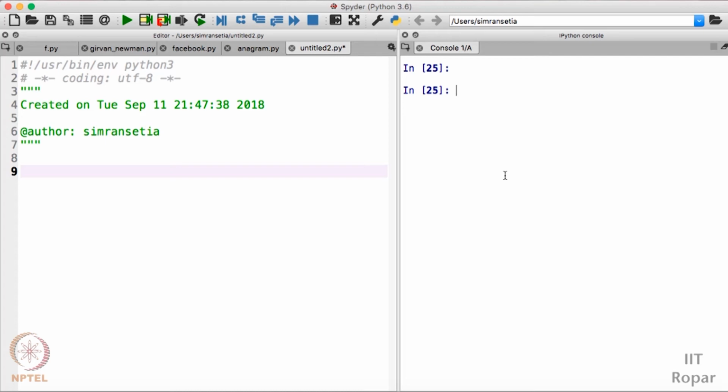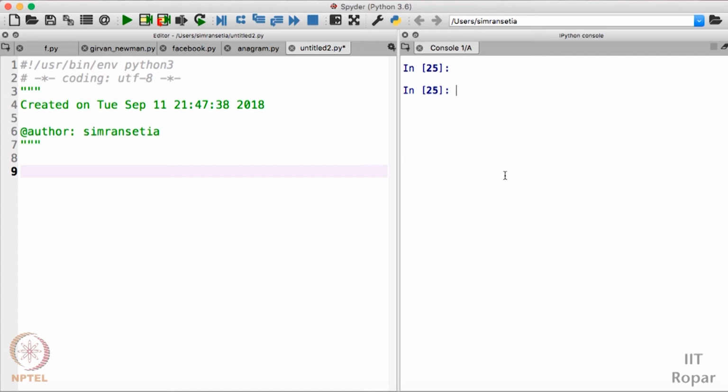In the previous programming screencast, we have already discussed a way to figure out whether two strings are anagrams or not. In this one, I'll be discussing another way. This particular method requires the use of the sorted function. So what is the sorted function? Sorted function basically sorts any sequence, for example a list, and returns the sorted list.